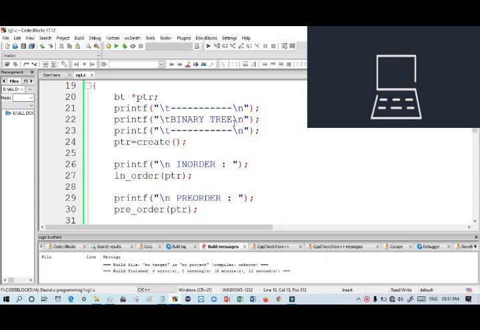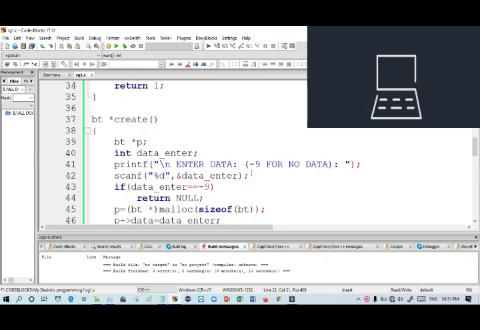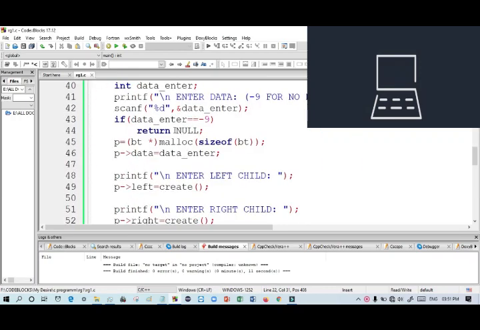And after that, I forgot to give a semicolon here, and the last one, null, I have written in small letters, but it should be all capital letters. Then I want to execute. Now just check here, there will be no error, I hope so. Yes, 0 errors. After that I want to run.